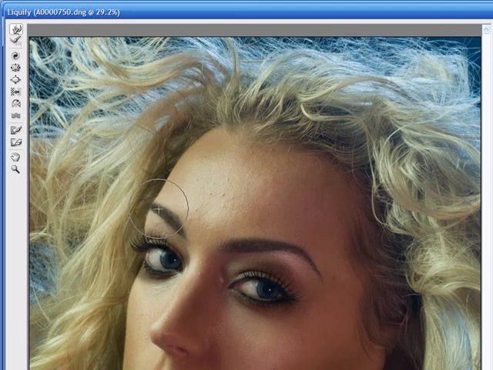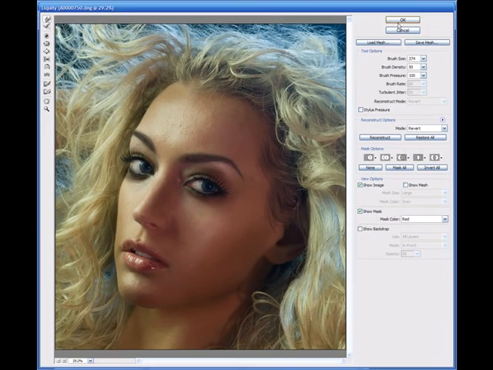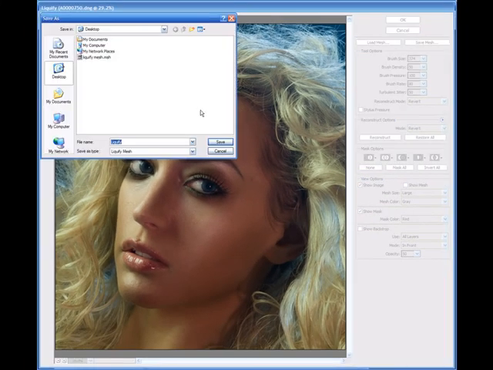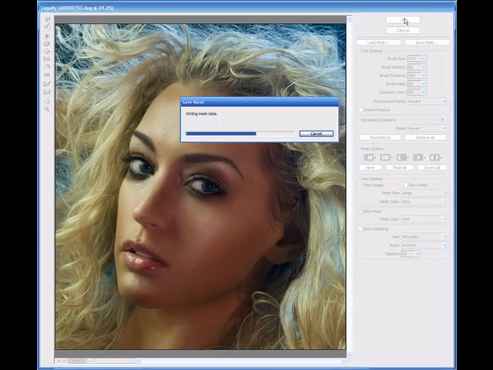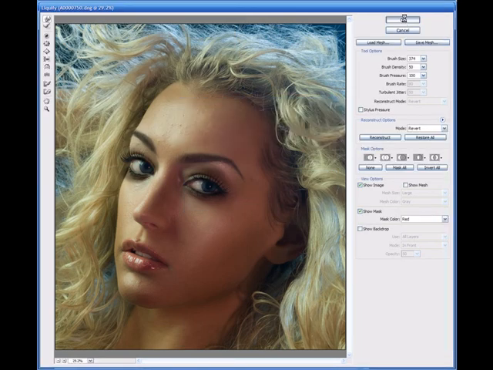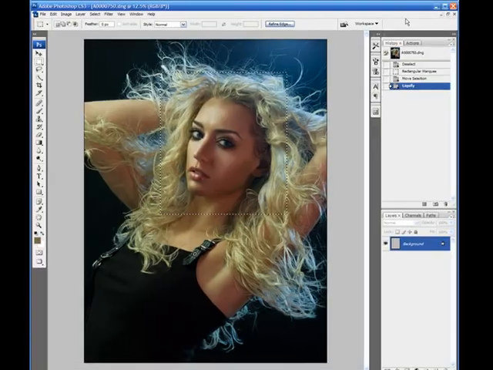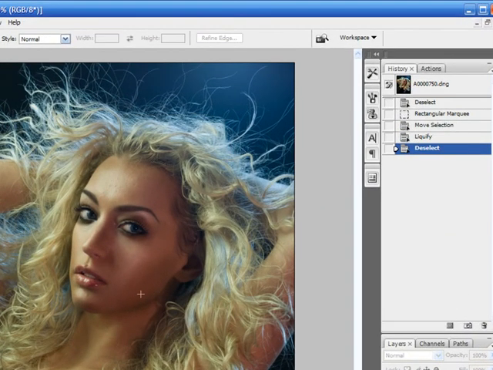There we go. Kind of like that, and then you can save the mesh again to update it if you like, to the new one or to the old one. And then let's go ahead and hit OK to get out of the Liquify tool. And as you can see, it updated it, and you have those changes that you made. And again, back to how it was original, and then after the Liquify tool. It's a really useful tool when used sparingly and not